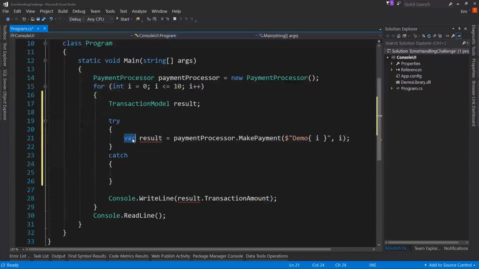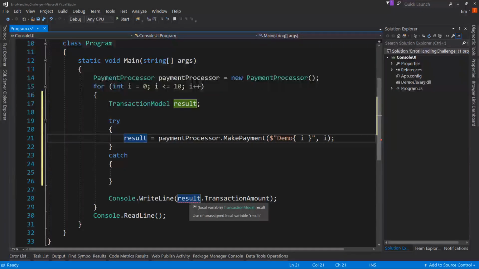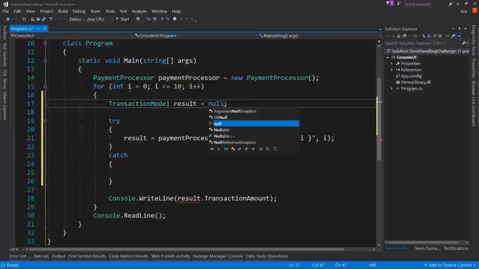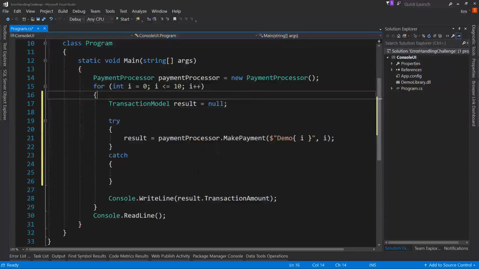And then I can do this. It's actually still going to yell at me because this is not assigned to yet, possibly. Therefore, I'm going to say equals null, and that should work. So now, with this being set up the way it is, it's just going